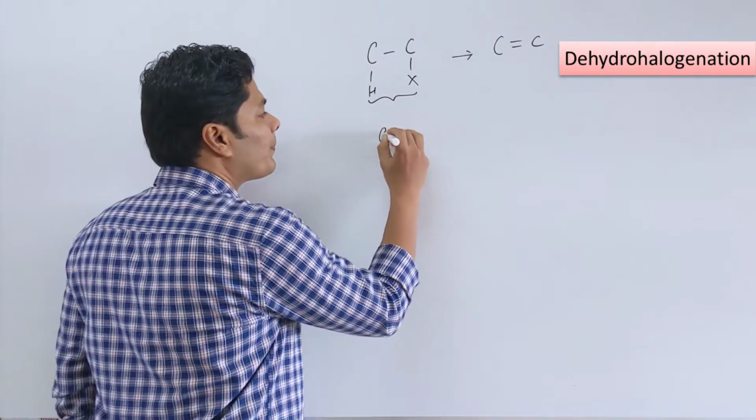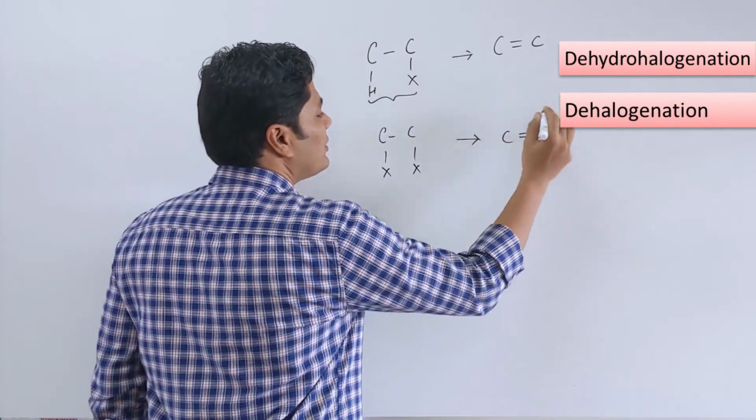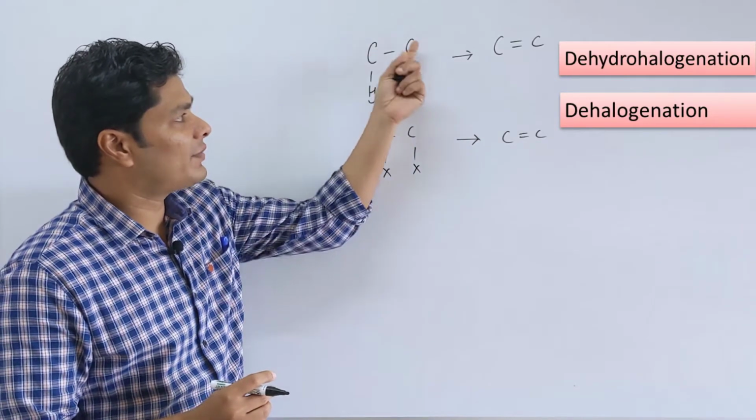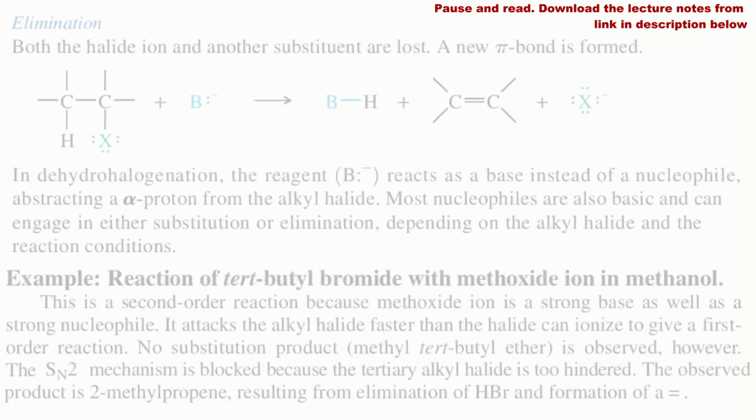Also, we can do removal of dihalogen to a C double bond C using zinc. So, we have seen this as well, and also if you remove 2 HX from this, you can end up with a triple bond. So, this is elimination reaction. I am not going to be going much detailed into elimination reaction because we have already covered that in your hydrocarbon lecture. If you want a good primer, go and watch that video just once.